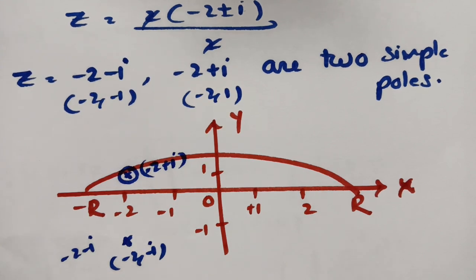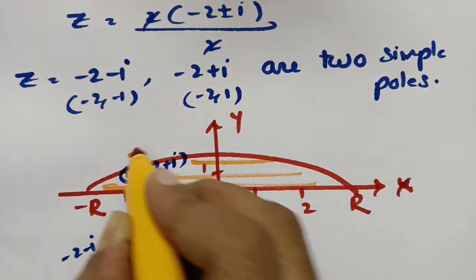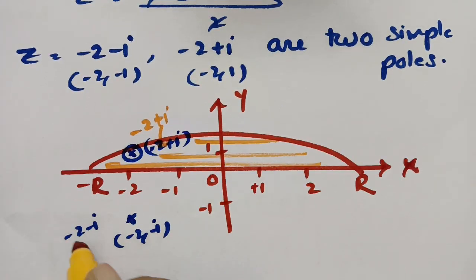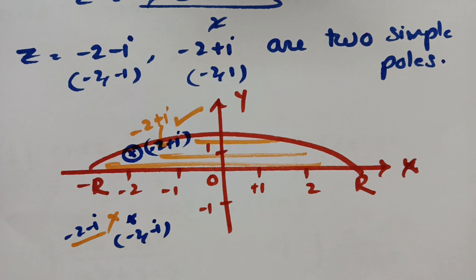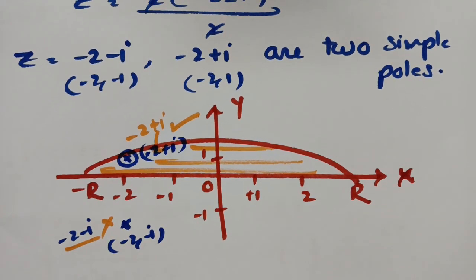As we need only the interior poles, minus 2 plus i is inside and this one is outside. So this one is outside and this one is inside. Now we need to calculate the residue for this interior pole. So how to find the residue? As this is a simple pole,